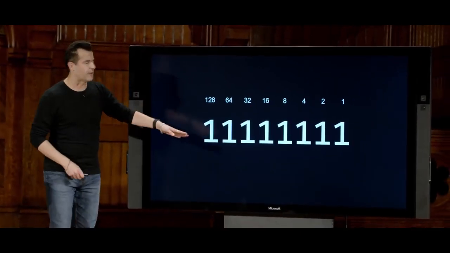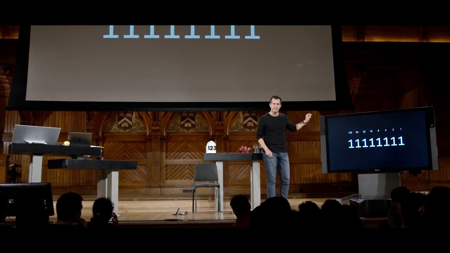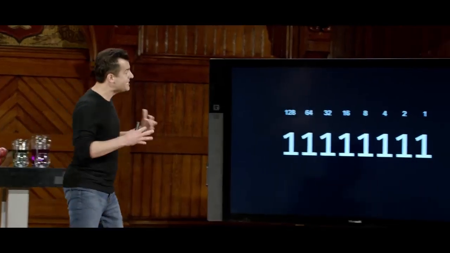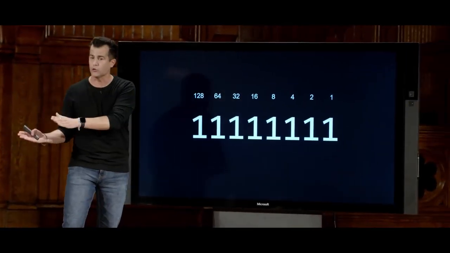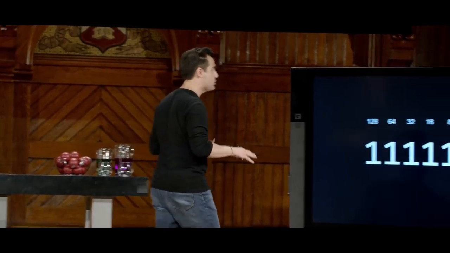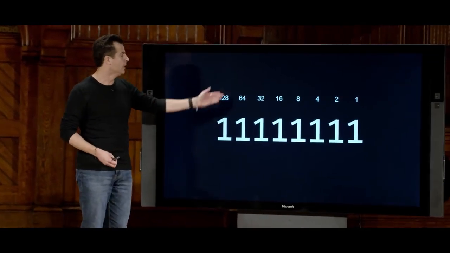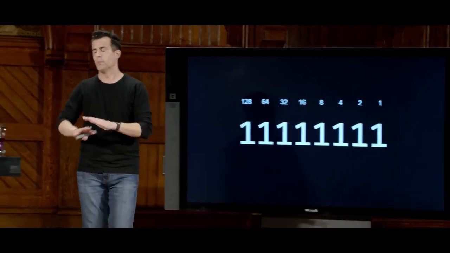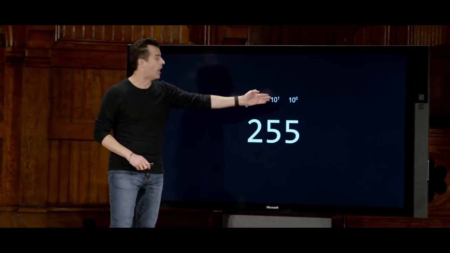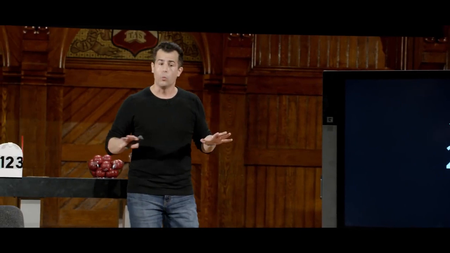But what about this? If I change all those zeros to ones, what was the highest we could count in binary if we had 8 bits? Yeah, 255 was the highest we can count. You might say 256, but again, if you start counting at 0, you sort of spend one of those numbers as the 0. So 255 is the highest you can count with 8 bits. And we could do the math if we cared, 128 times 1 plus 64 times 1, and so forth. But let me just stipulate that's indeed 255 in decimal. And indeed, in decimal, we would represent the columns as powers of 10, or ones place, tens place, hundreds place, and so forth. So that's all week 0 stuff.